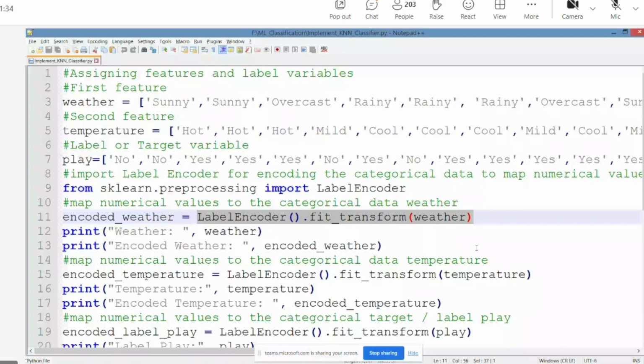Anybody used it? It is to convert to numerical values, because KNN works only on numerical values. No, ma'am, I didn't ask what LabelEncoder does. I just told, when it is written like this in a program, what exactly is this? Somebody said it is a function. Yes, it is a function, that's what I am expecting, not what LabelEncoder does.